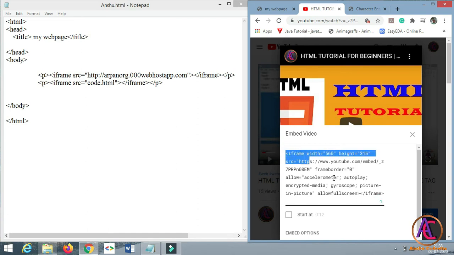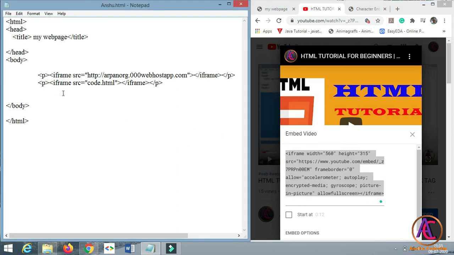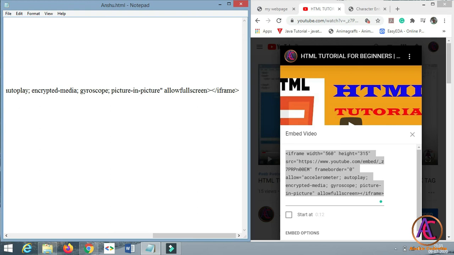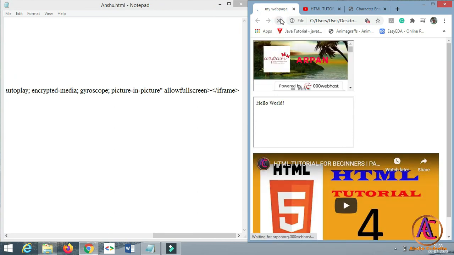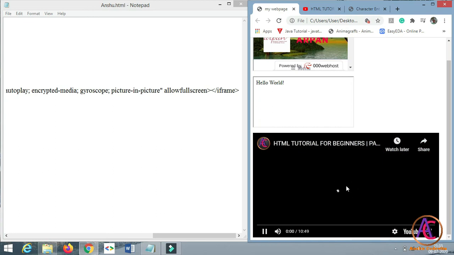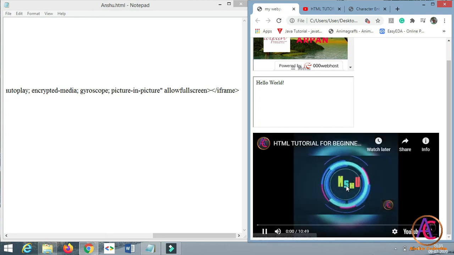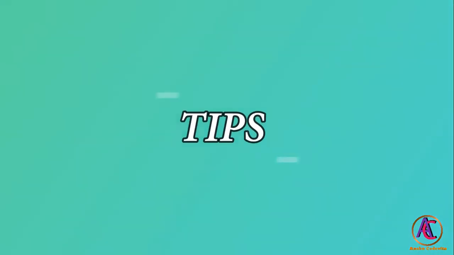Just copy the iframe code till the closing iframe tag and paste it in our code, save it, go to our website and refresh it. You will see that the YouTube video is displayed on our web page. To play the YouTube video, just click on it and the playing will start. So you can do many things by using iframe.